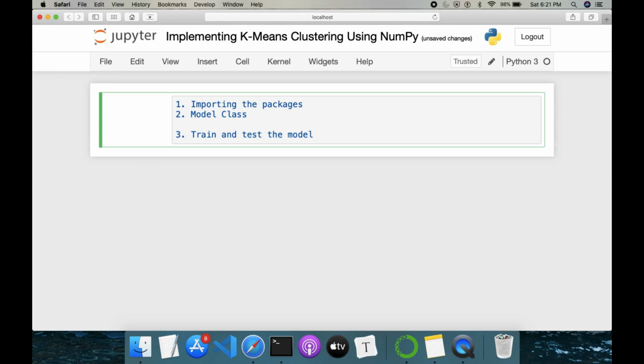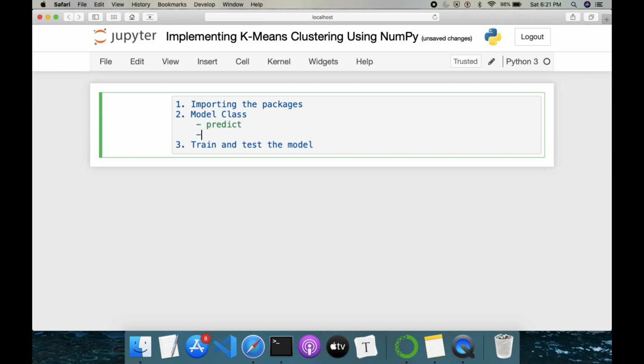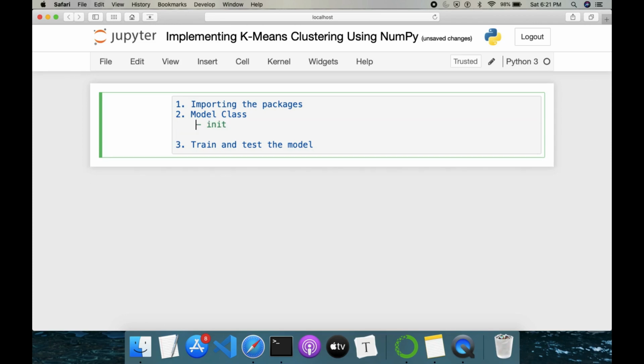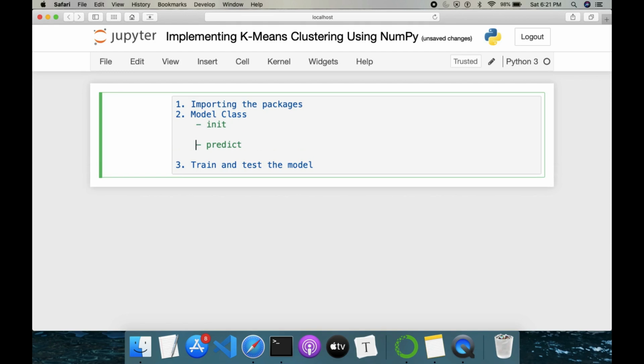Under the model class we have multiple functions. First is predict, followed by the init method. This is not the order actually, so I'll just rewrite the order. First init, then Euclidean distance,